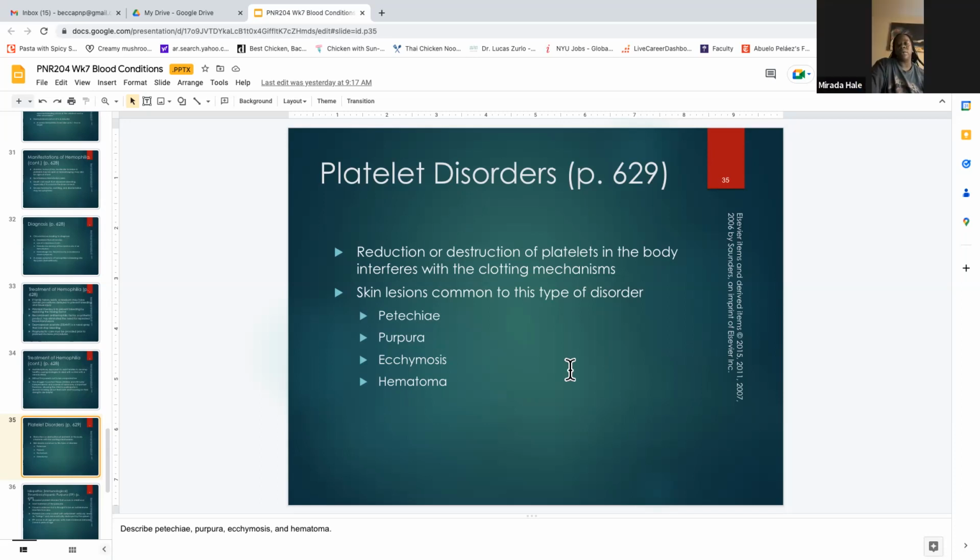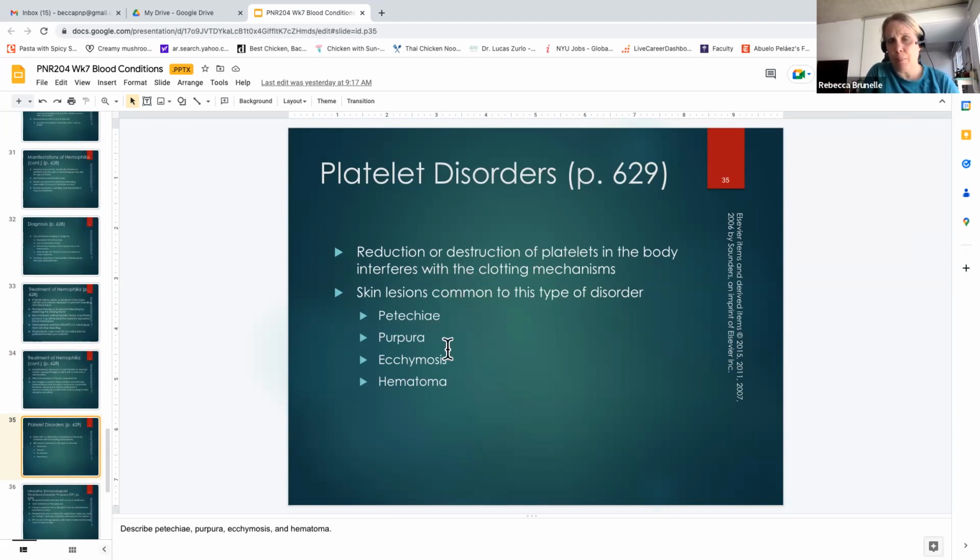It helps the blood clot. So, hemophilia, people who have hemophilia can have more problems clotting, but the same thing, if you have a platelet disorder, if you don't have enough platelets, you're going to have a hard time clotting. So you're going to see specific evidence of not clotting, of bleeding, when someone has low platelets.